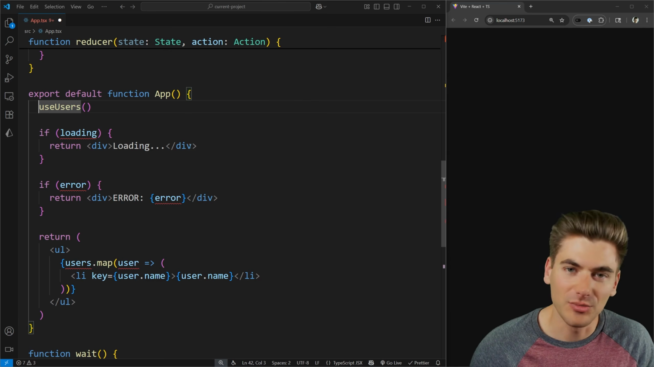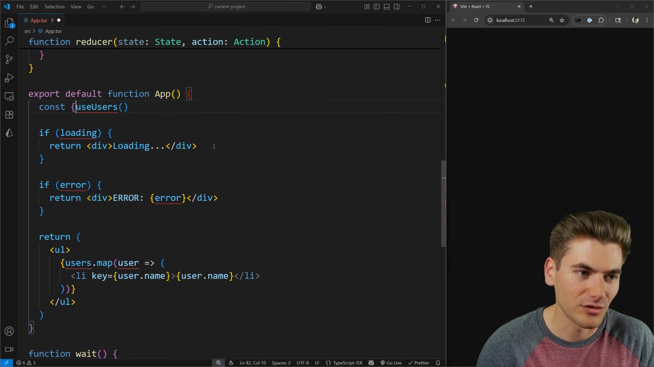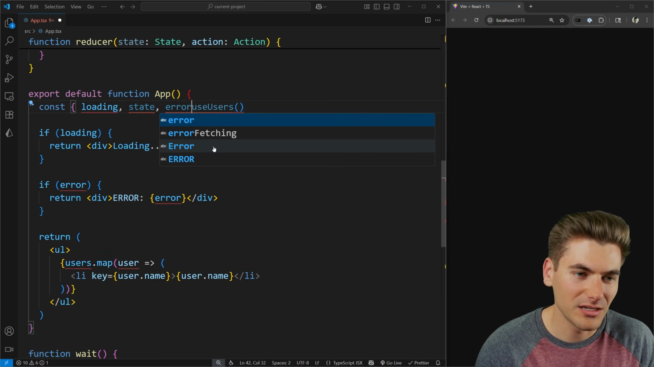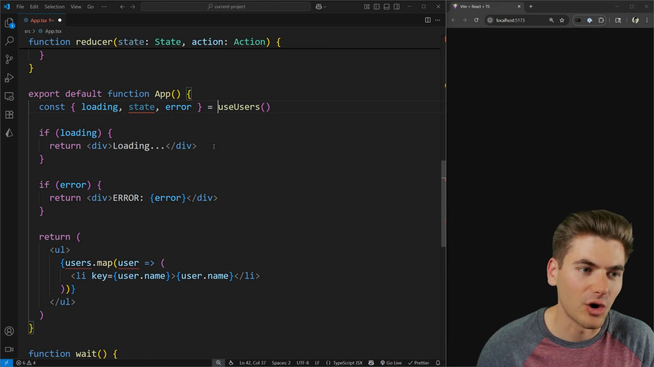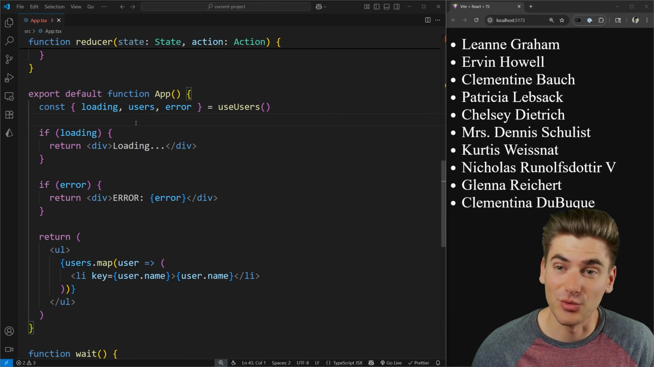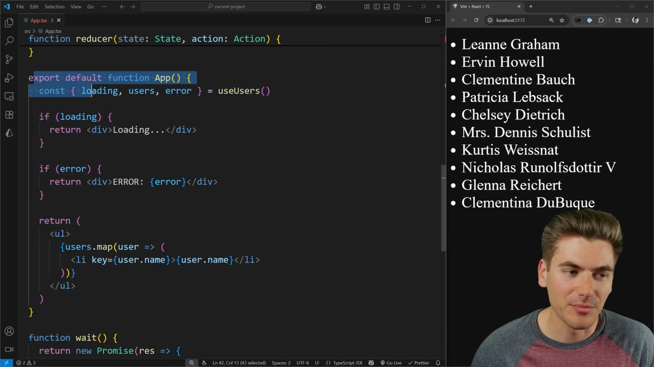Just now, this custom hook gives me the data that I want. So for example, here, I can get loading, state, and error because it returns to me an object that contains all of that information. And you can see, actually I called this users, not state. There we go. You can see now everything still works exactly the same, but this app component is much easier